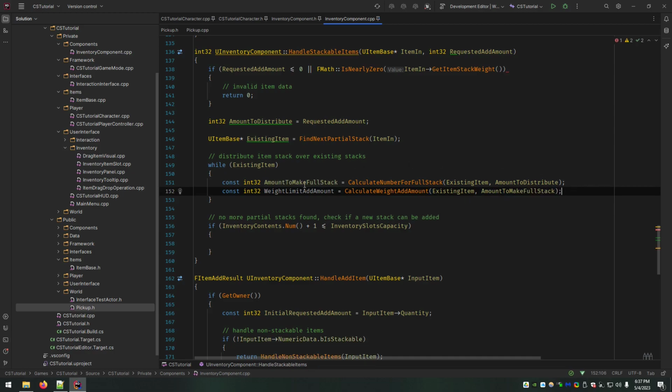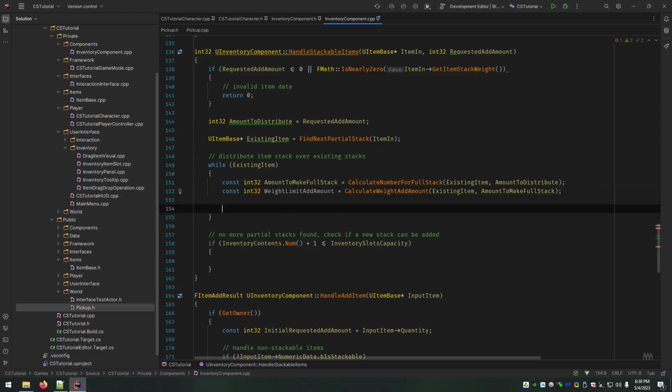Because we may find that there's a partial stack here and you can add 2 to it, but what if we're already so close to weight capacity that you can't add 2? So you need to do both of these calculations, because the final number that comes out will be how many you need to add to that stack, but it will be limited by the weight capacity. We always have to take into account the weight capacity.